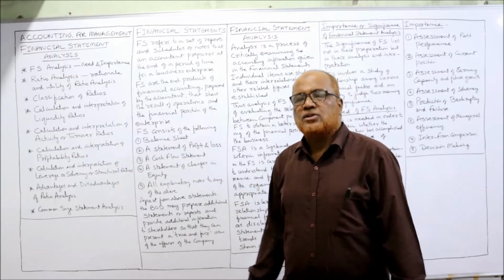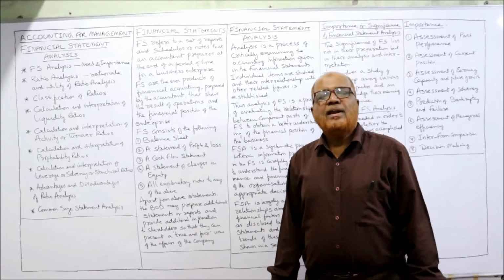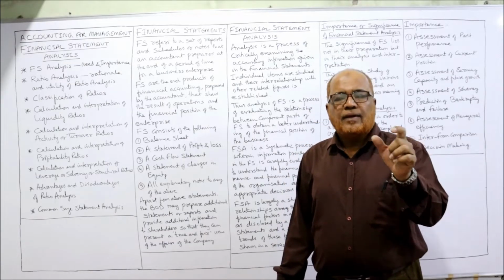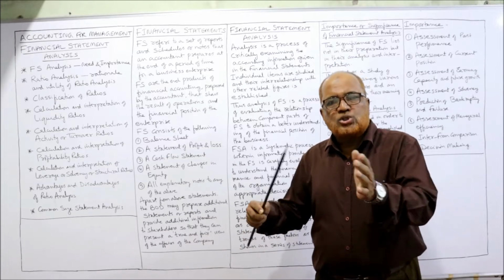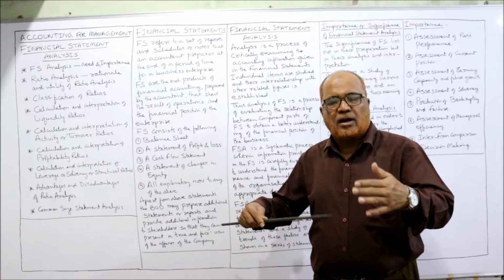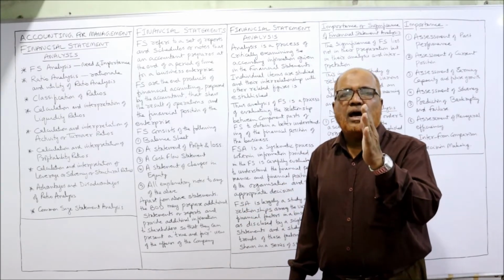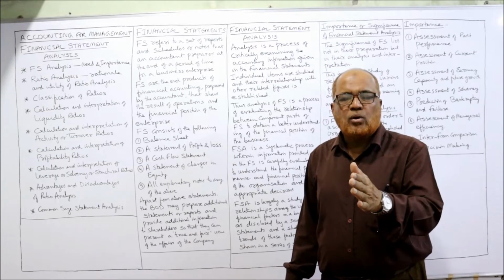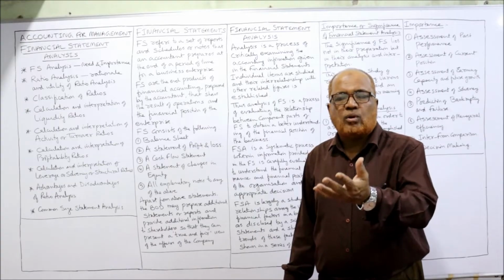Now, financial statements. What do you mean by financial statements? Financial statements are the end product of accounting. That means every day the transactions are recorded, then posted into ledger account. This process will be continued throughout the year. At the end of the year, all the accounts will be closed. The accounts will be closed to find out what is the profitability of the business and what is the financial